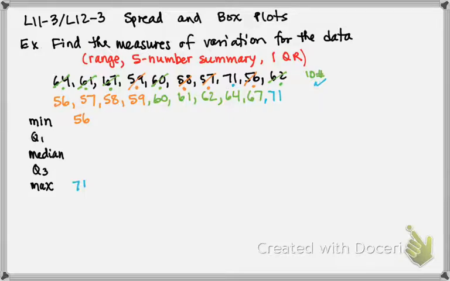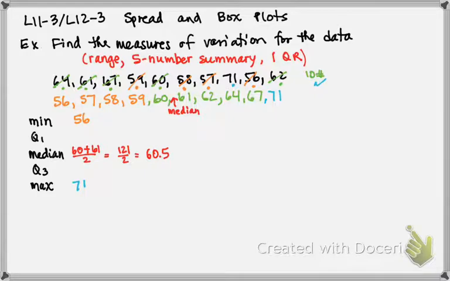it's going to be halfway in the 10 numbers. So that's going to give me 1, 2, 3, 4, 5. So here's where the median's going to be. Halfway between. So notice you have 5 numbers in front and 5 numbers after. So I'm going to figure out what's halfway between 60 and 61. Now, most people can say, oh, that's 60 and a half, and I agree with you. But if you needed to, you could do it this way, and you get 60.5 or 60 and a half,